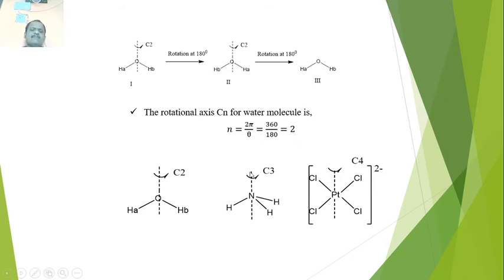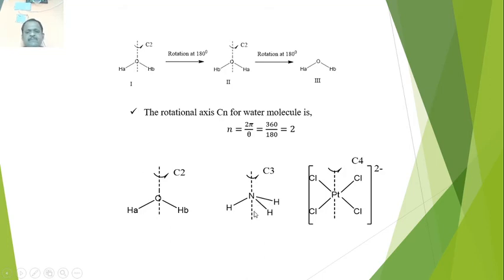We have another example, like ammonia. You know the geometry of ammonia, it is pyramidal, right? In ammonia, nitrogen is present at the center, while 3 hydrogens are present at the 3 corners of a triangle. Nitrogen is attached to 3 hydrogen atoms in this position, so you will get this type of trigonal geometry. 3 hydrogens are present at the trigonal positions with respect to nitrogen.